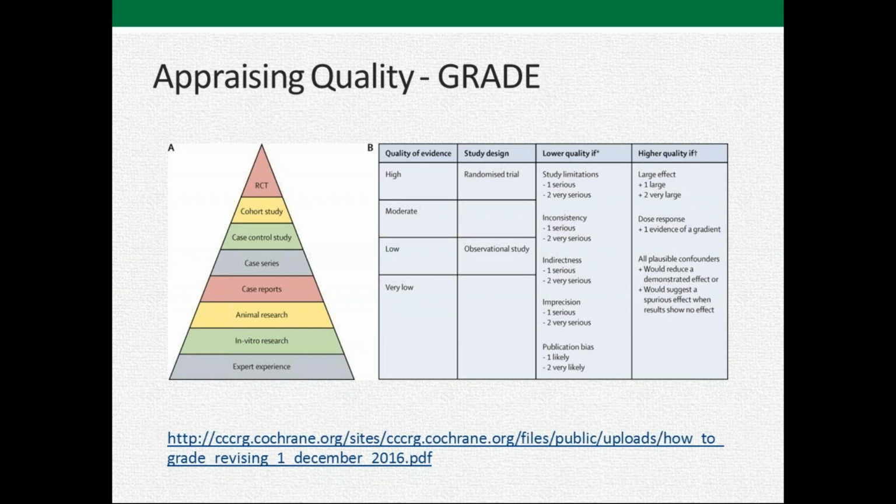But there are some simple checklists that you can use. If you go to our systematic reviews library guide, it has a section on appraising the evidence and appraising the studies. There are several checklists you can print off there that ask the same questions about the type of study and how well it was performed. Okay. So you really want to think about that.